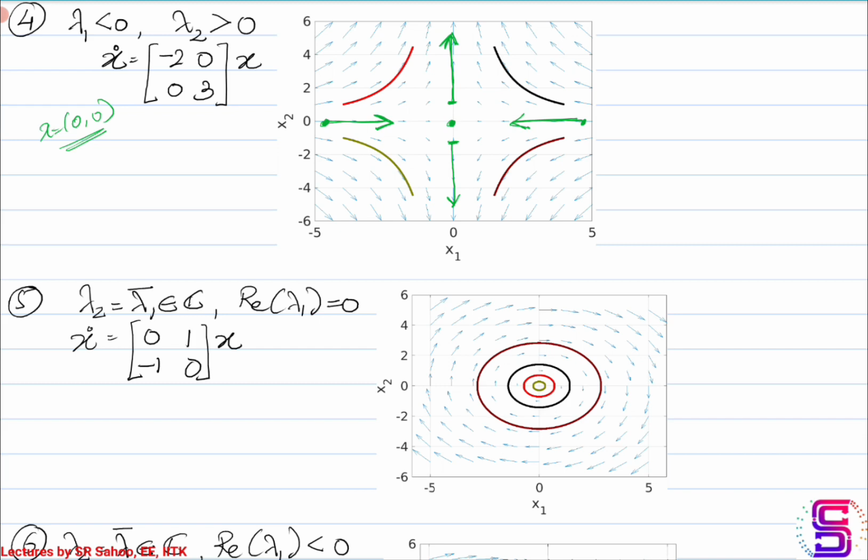Okay, what you observe is, if you start at any point other than on the x1 and x2 axes, and if you start close to the x1 axis, then the trajectories initially will have a tendency to go towards the origin, and then they will start moving. Let's say that you started here, it will trace a path which is something like this. It will move away from the x1 axis and will move closer to the x2 axis as x2 approaches infinity.